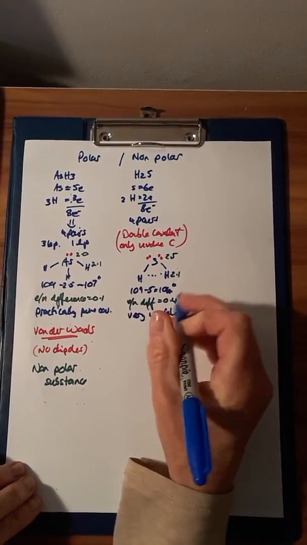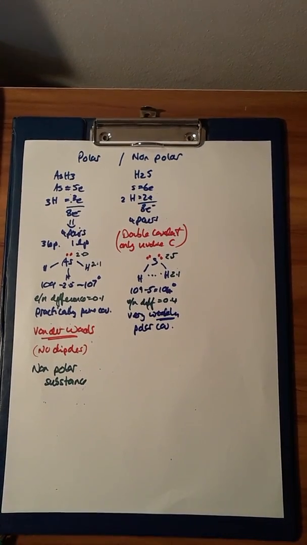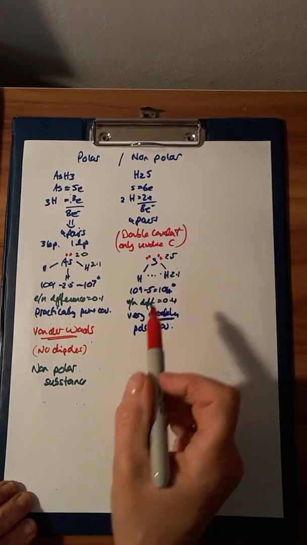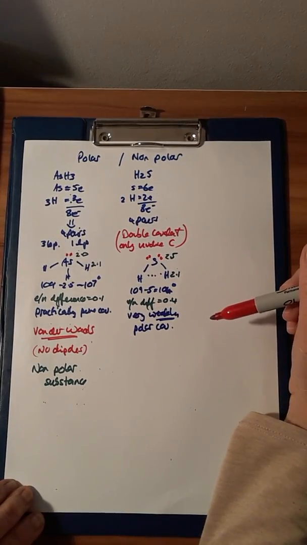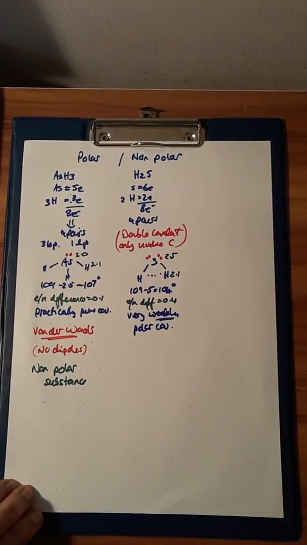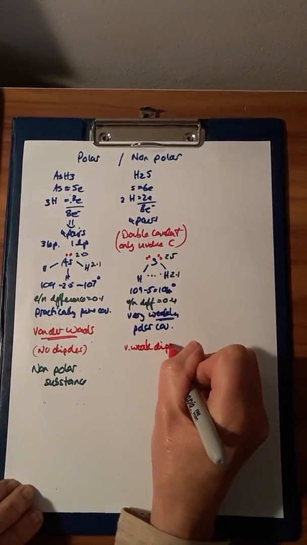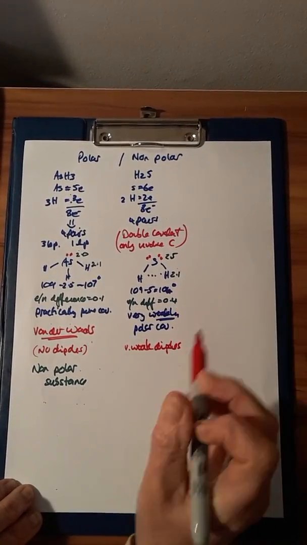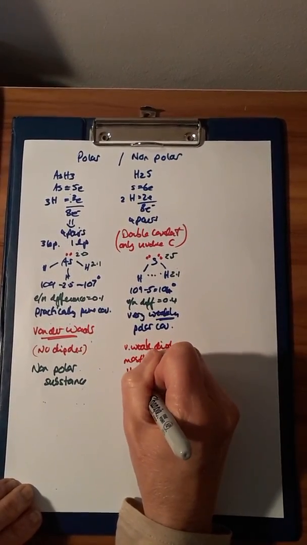A very weakly polar covalent bond. Again, what type of forces of attraction are going to be between the molecules? The dipoles that exist, because the difference is so small, are going to be non-effective. So very, very weak dipoles, because your electronegativity difference is so small, which means you've got mostly van der Waals forces